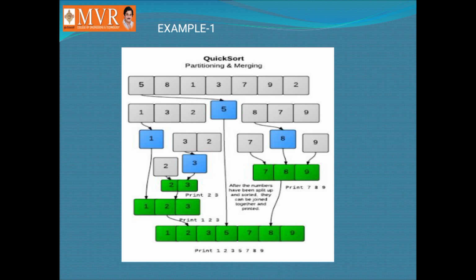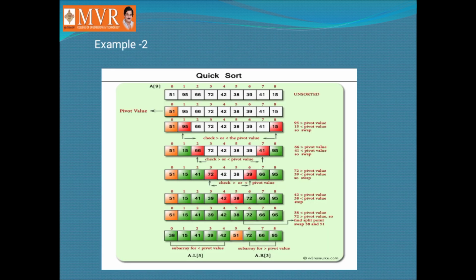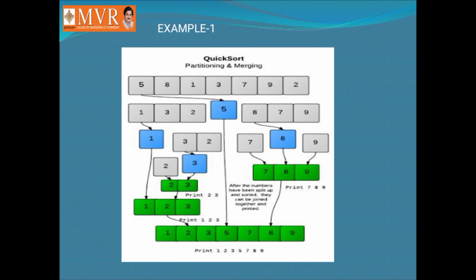And this becomes the sorted list, that is, the right side also comes to the sorted type. Left side also, recursively again compare another pivot element and perform the comparisons and swapping until they are sorted. After the left side is sorted and the right side is also sorted, combine the whole list into one array, and this becomes our sorted list.